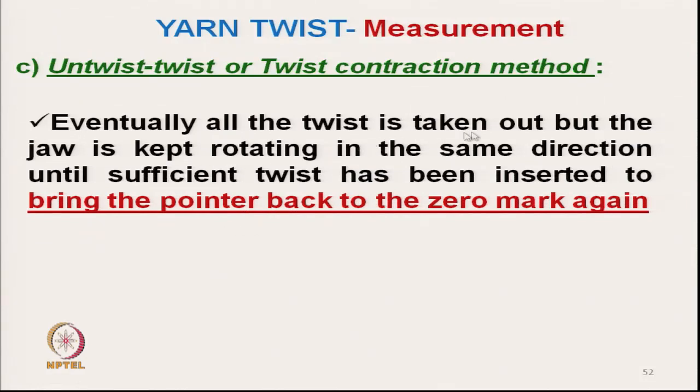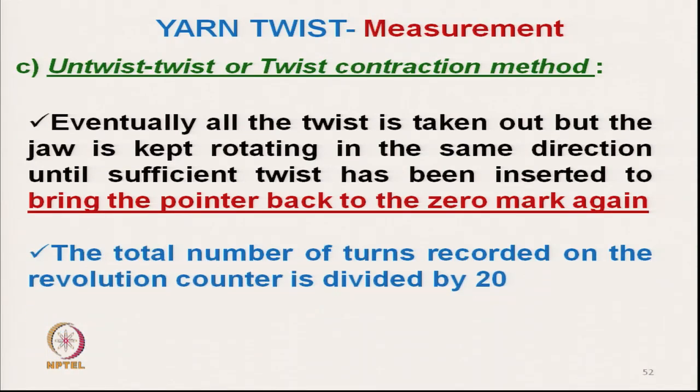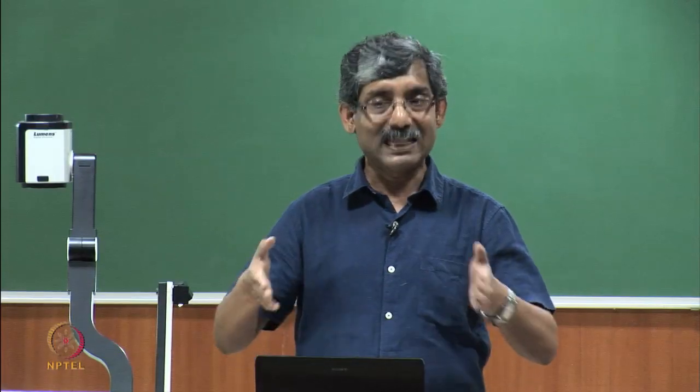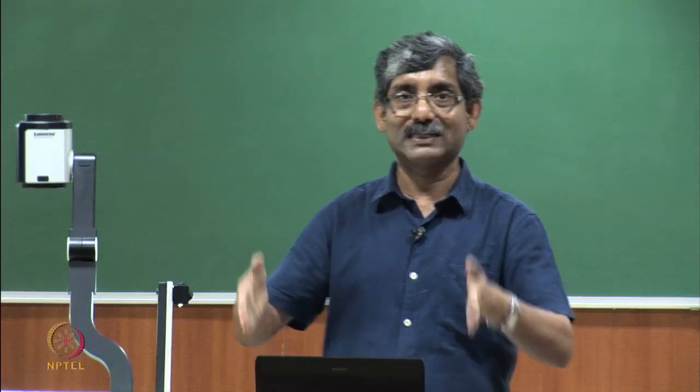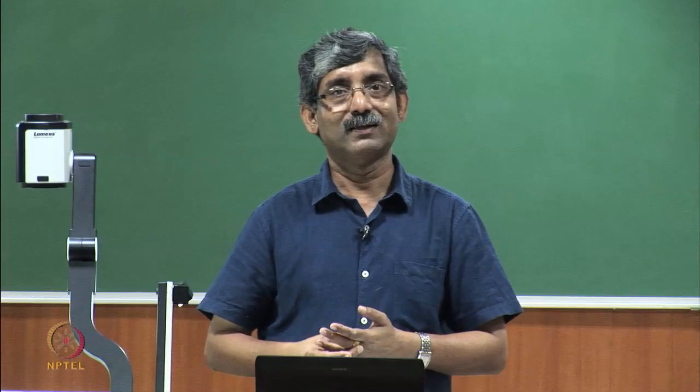Eventually all twist is taken out, but the jaw is kept rotating in the same direction, bringing the pointer back to its original zero mark again, and the total length of the yarn is 10 inch if we assume, then